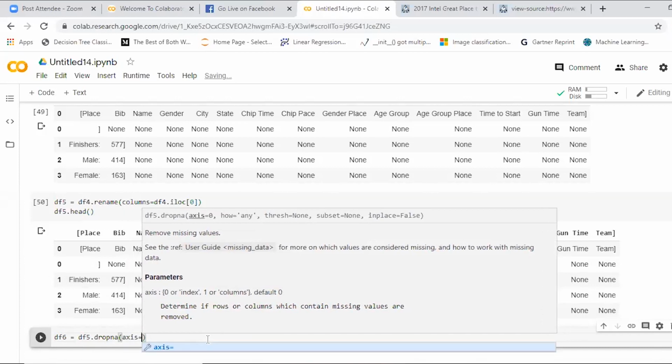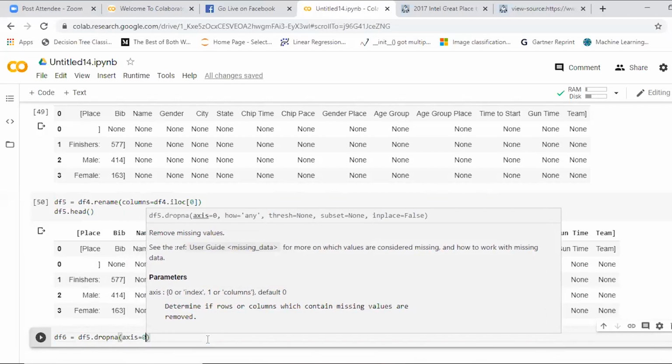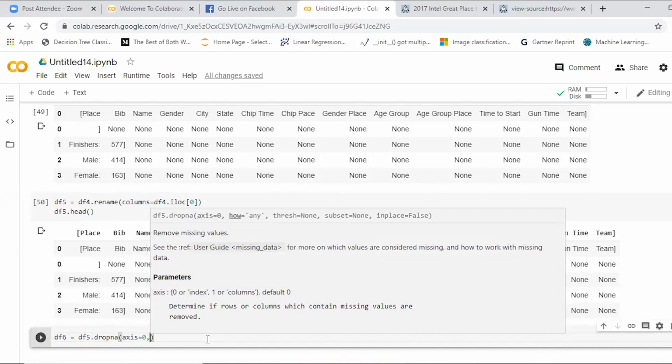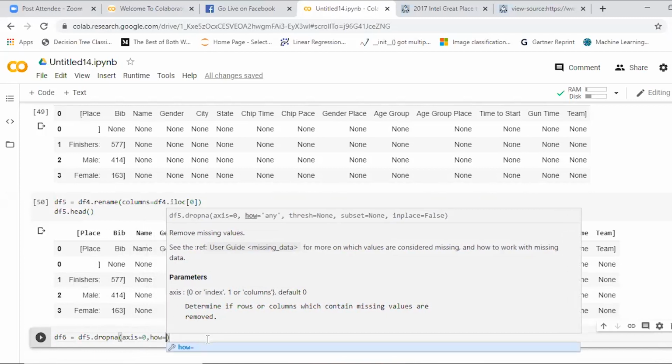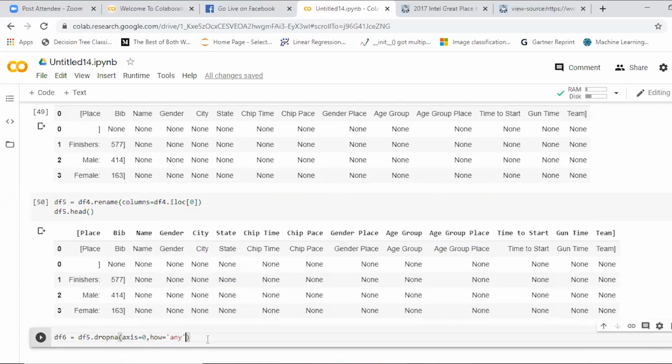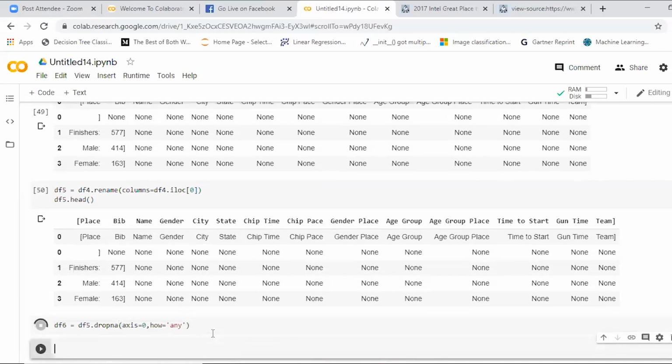df6 is equal to df5 dot dropna of, first I want to drop, I'll go with axis. What is my axis? Axis 0 stands for rows. Axis 1 stands for columns. how is equal to, so you take any method, wherever the null values are present, you drop them, because we are having None, None, None. This all represents the null values in the data, because your data should be clean. If you attended yesterday's session, I showed you a PPT which includes Tom and Jerry, where Tom is taking the data, because the main headache lies with the data scientist. He needs to clean the data.